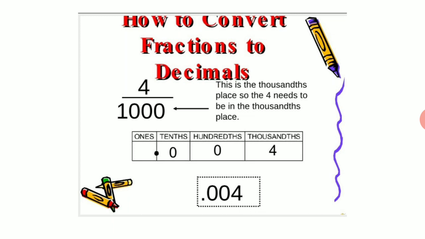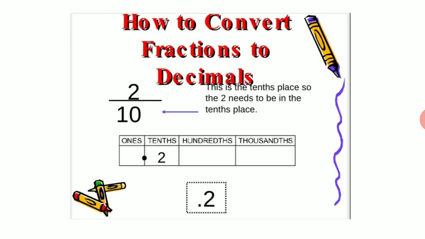So in the tens place we have a 0, again in the hundreds place we have a 0, and in the thousands place we have a 4. So now we are writing the number as 0.004. When you go for dividing it by the long division method also, children, 4 is a single digit number, whereas in 1000 we have 3 zeros. So the number now becomes 0.004. How to convert a fraction?